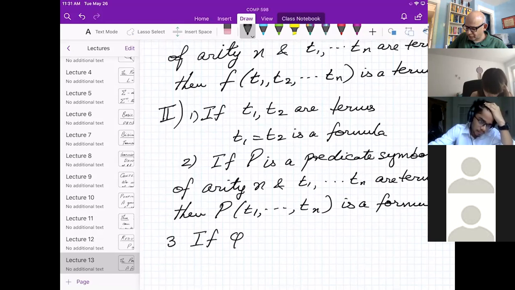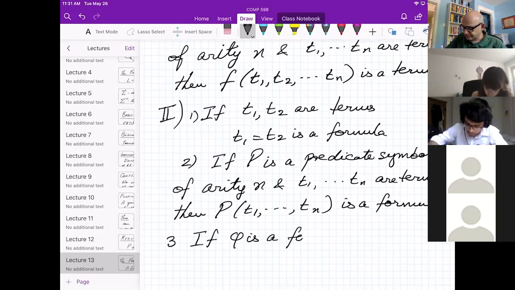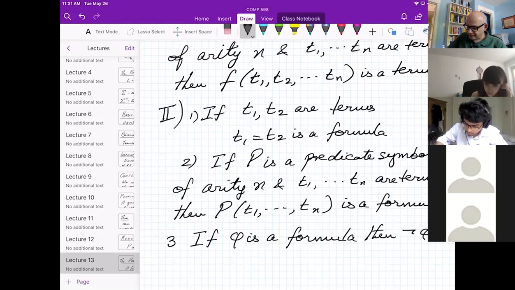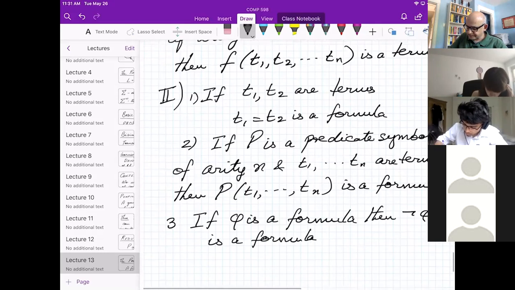If phi is a formula, so if phi is a meta variable that I'm using in my language to describe the language of logic, phi is not a symbol of the logic itself. It's a meta-logical symbol. So if phi is a formula that you've already constructed, then not phi is a formula. So all the Boolean connectives can now be applied.